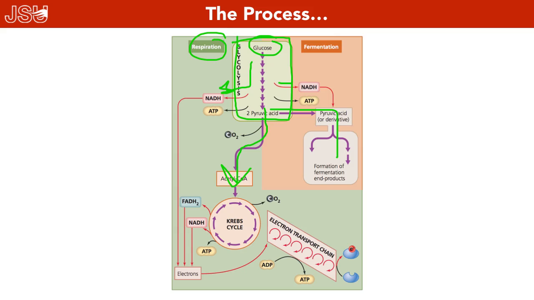Once we have that 3-carbon compound, we're going to go into what I call the Kreb cycle. We've got to prepare it by making it into acetyl-CoA. We'll get to that. The Kreb cycle is going to make a lot of these carriers, FADH and NADH, and that will go on to the electron transport chain, and this will make lots and lots and lots of ATP. Now we're going to talk about each one of these as a separate section. Okay, we'll get to each one as we go along, but this is the overall schematic of what we're talking about.